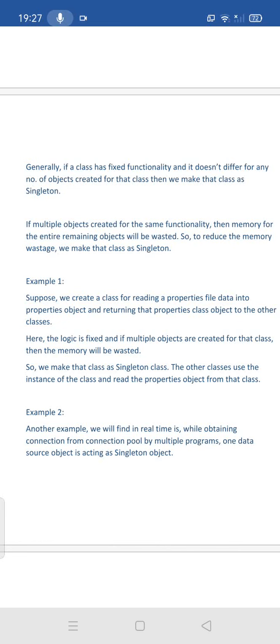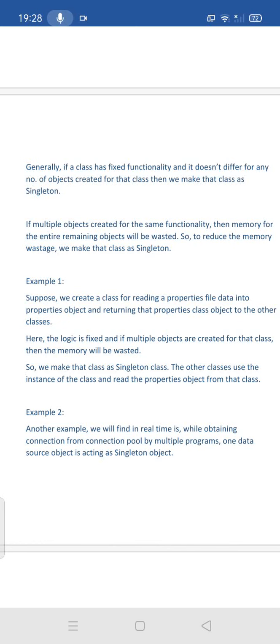So those classes will create instances of the ReadPropertiesFile class, and using that instance they will get the properties file data. Whatever classes need properties file data, they will create a ReadPropertiesFile class object, right?